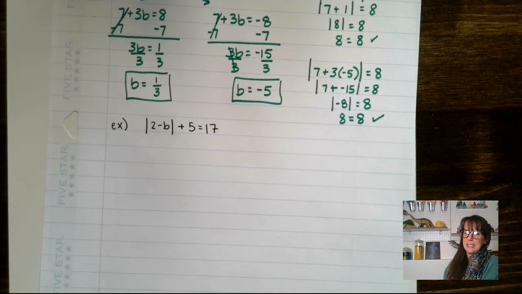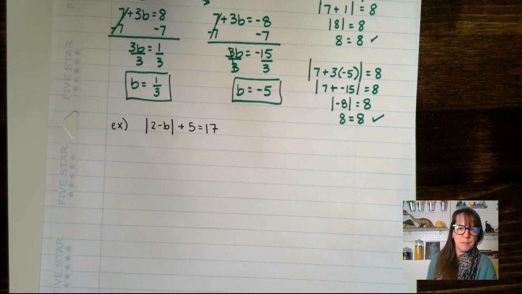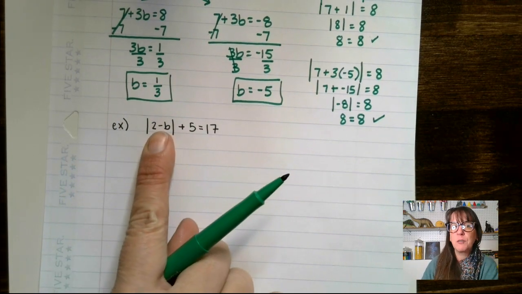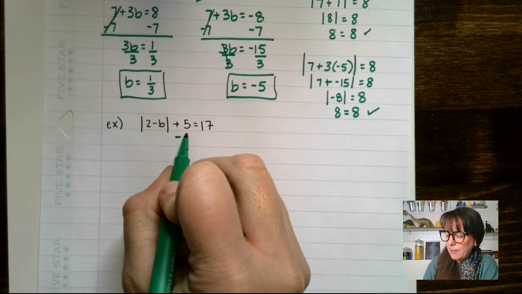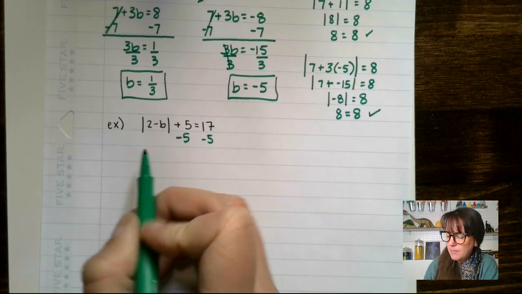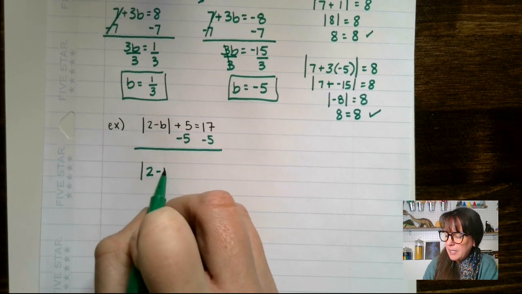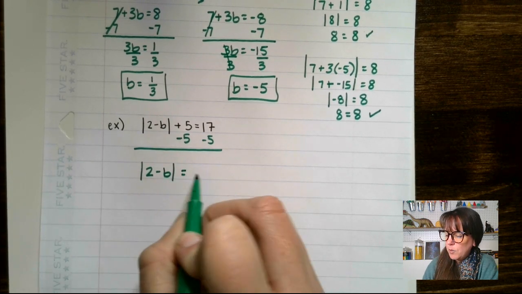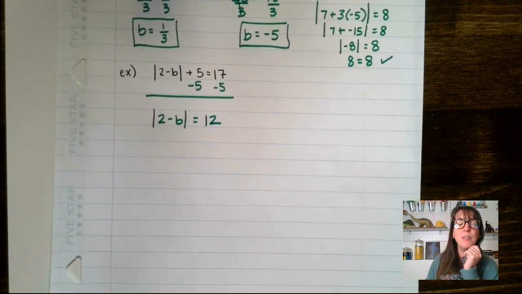All right, let's talk about this. For our second example here, you got to be careful. Before you go drawing your two equations, you have to isolate your absolute value, meaning I need to get it by itself. So here's my absolute value chunk right here. I need to get it by itself. I'm currently adding 5. I'm going to minus 5 from both sides. So this gives me the absolute value of 2 minus b equals 12. Now that that is